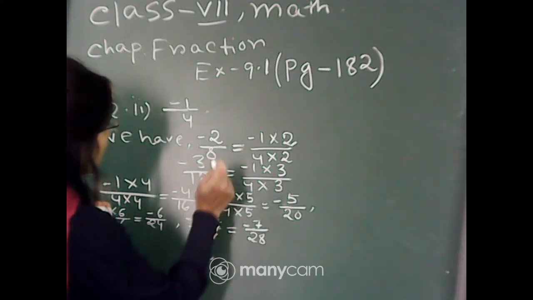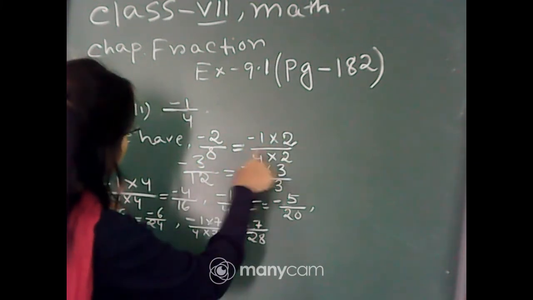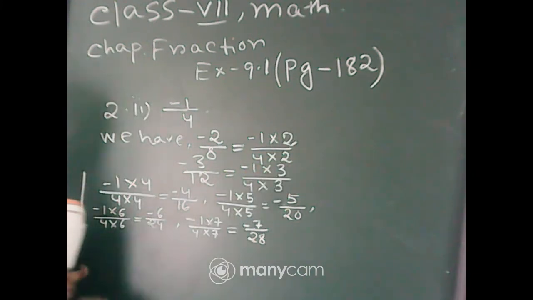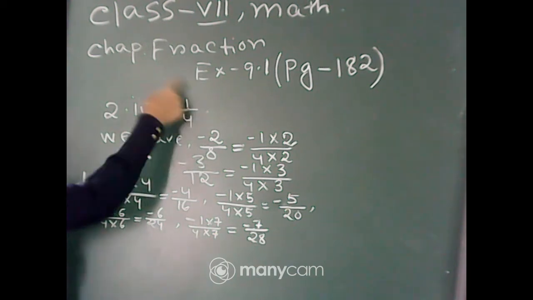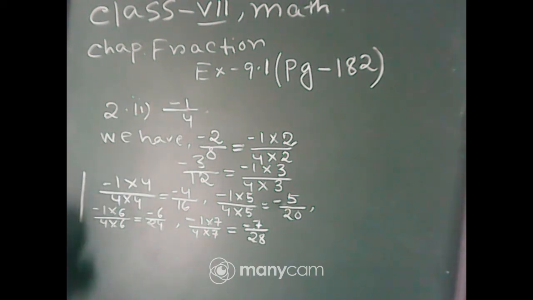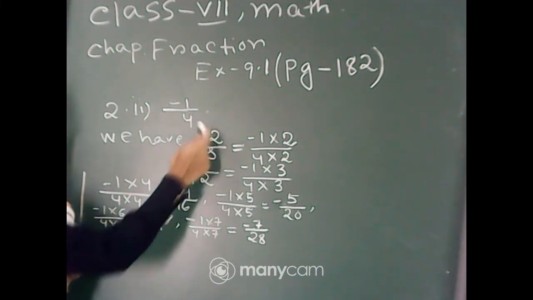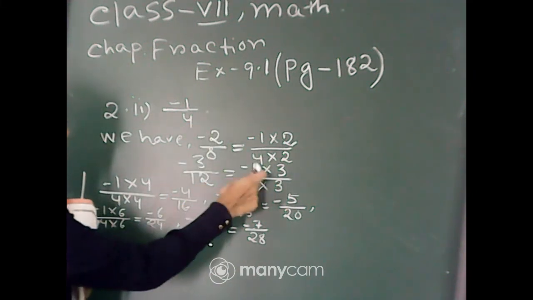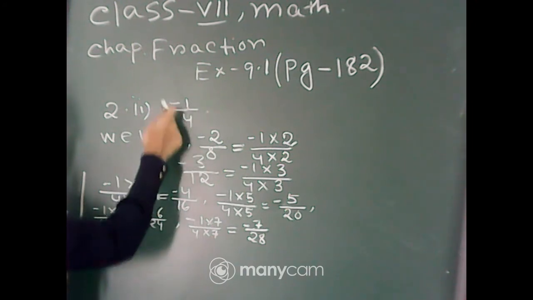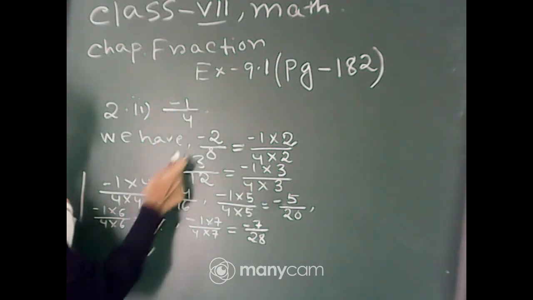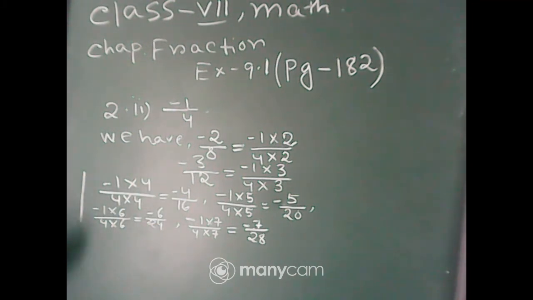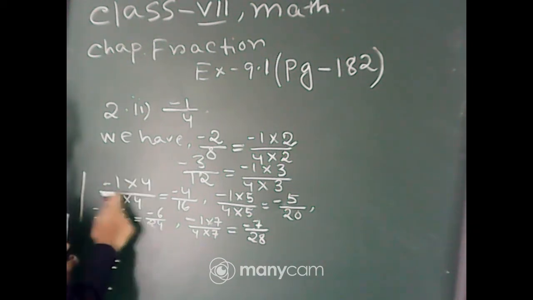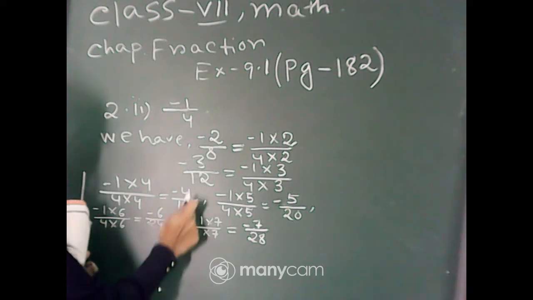We can write it as minus 1 into 2 divided by 4 into 2. Therefore, we see that multiplying both the numerator and the denominator of the rational number minus 1 by 4 by 2, we get minus 2 by 8, and here multiplying by 3, we get minus 3 divided by 12. So, the other 4 rational numbers would be minus 1 into 4 divided by 4 into 4, that is minus 4 divided by 16,